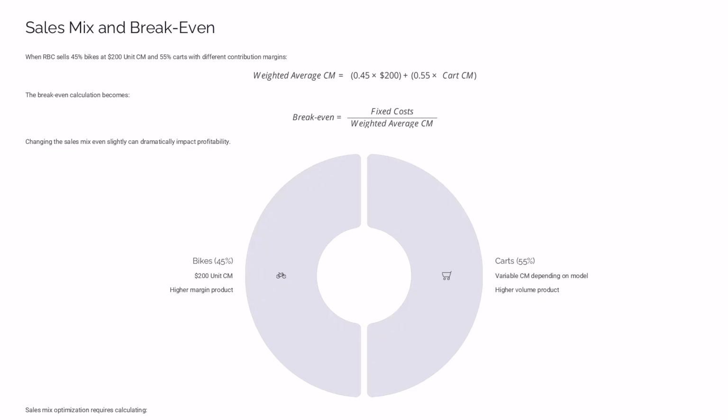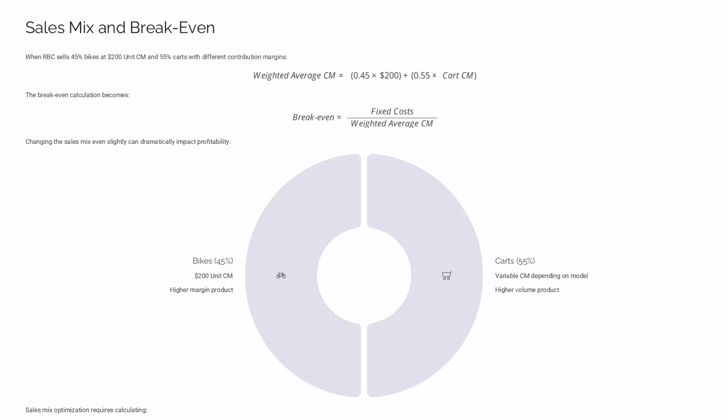Here's the critical exam insight. Sales mix problems require you to calculate weighted average CM equals the sum of product CM times sales mix percent, where each product's contribution margin is weighted by its percentage of sales, and getting this wrong is the most common error on finals, costing students 20 to 30 points.